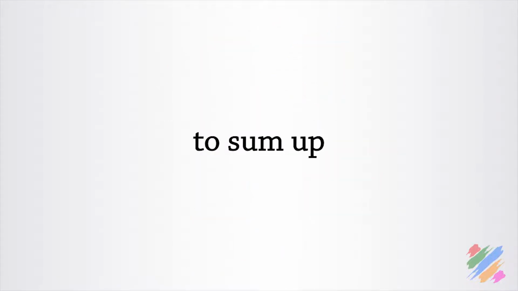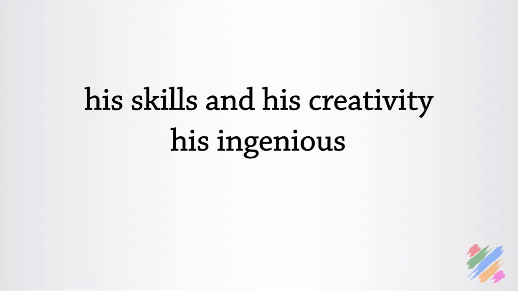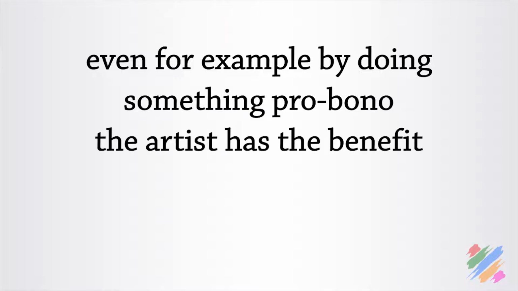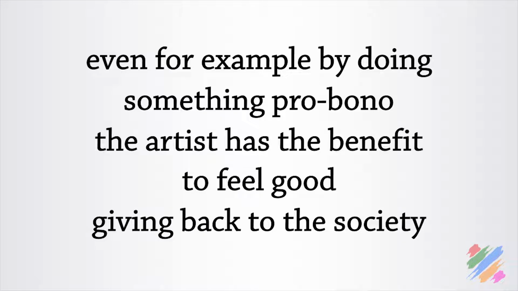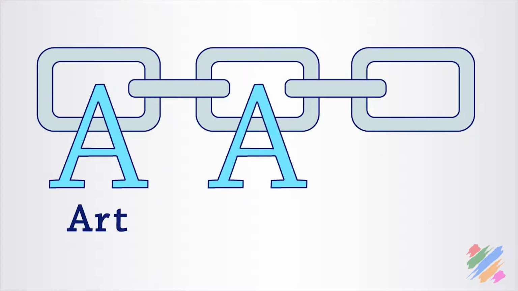So, to sum up, an artist learns one part of the techniques of a specific type of art, uses them together with his skills and his creativity, and is ingenious to produce goods and earn personal benefits. Even, for example, by doing something pro bono, the artist has the benefit to feel good giving back to the society. Now that we finally have a good idea on the second A of the chain, the artist, let's talk